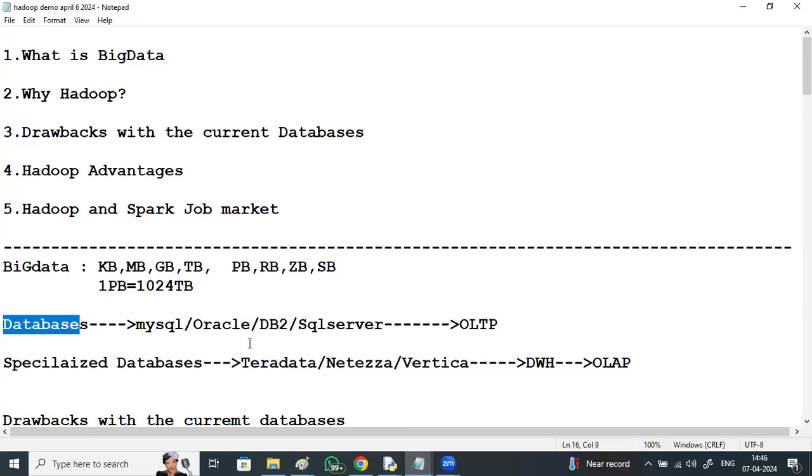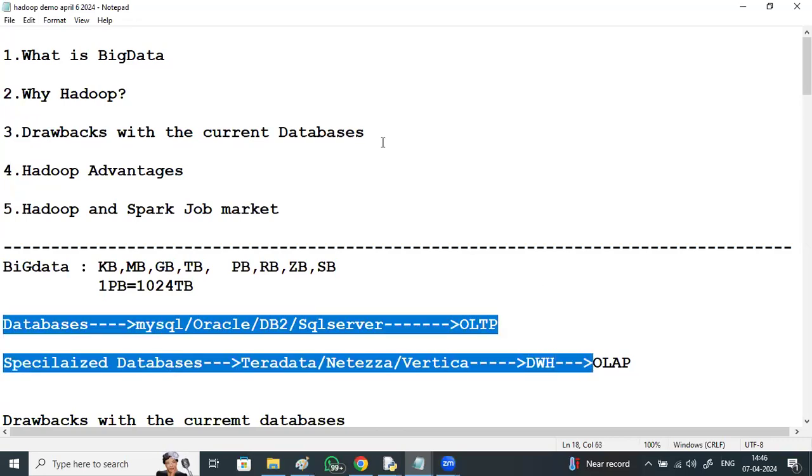But these specialized databases can handle data only up to some extent, and that too only structured data. But for handling unstructured or semi-structured data,